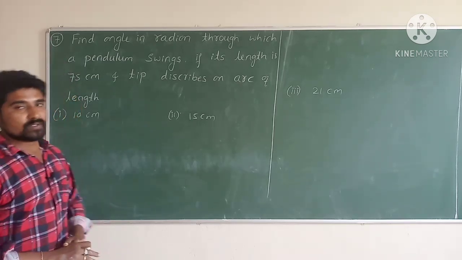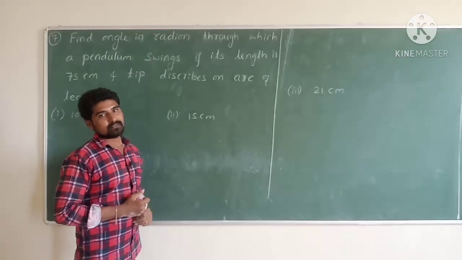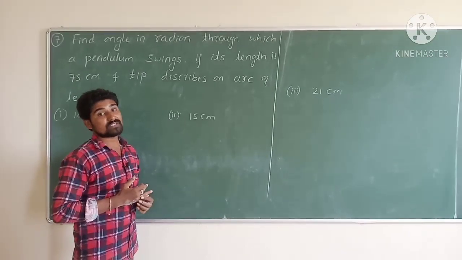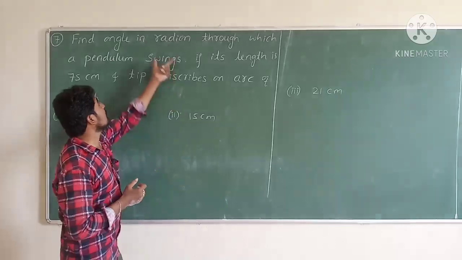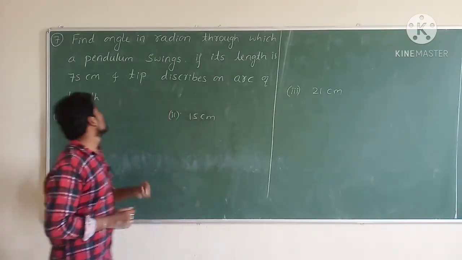So now the seventh question is find the angle in radian. We need to find out the value of theta, and that should be in radian measure, through which a